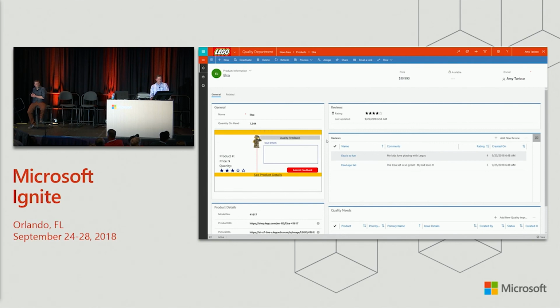I can see how many things we have on hand. I can automatically have my Canvas app embedded in my model-driven app, where it's pulling back data from third-party sources. I've got my images here. I have my rating coming from Dynamics. I have issue details. So if there's a quality problem, I can be looking at the product and I can